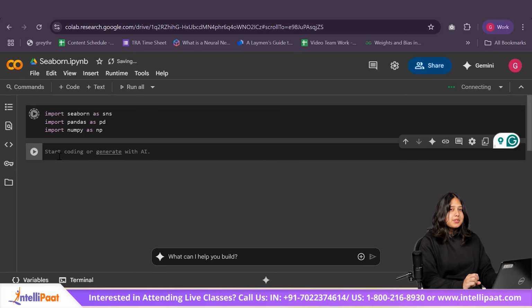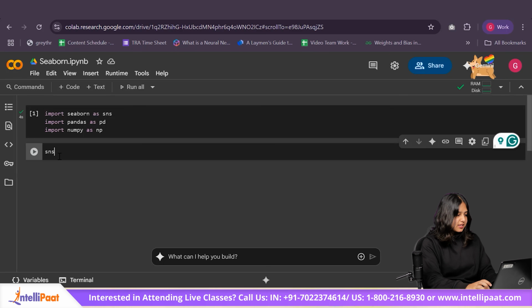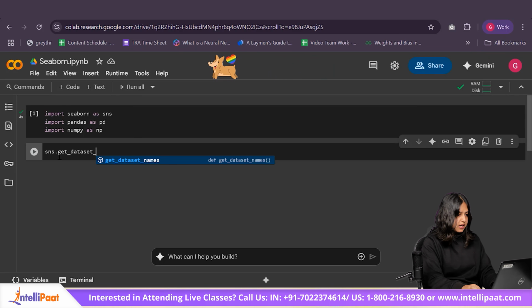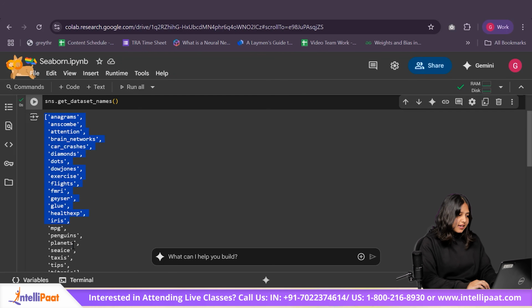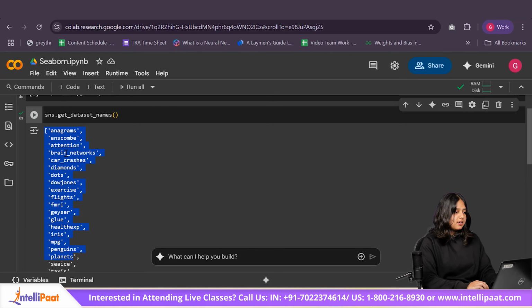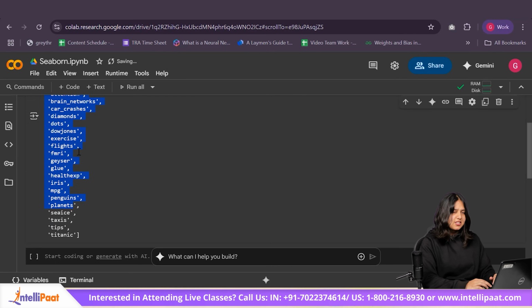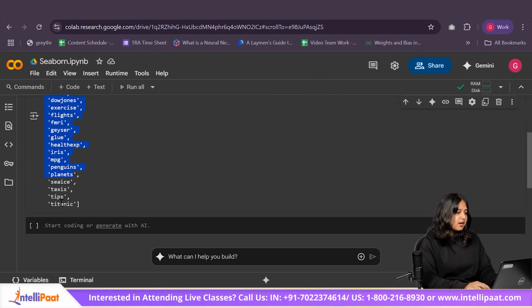Now, one thing that I absolutely love about Seaborn is that it's got a number of inbuilt datasets. What I mean by that, let me quickly show you guys. So all you have to do is say sns.get_dataset_names, and if you just run it, you get a list of all the datasets that come within Seaborn, right? You can go ahead and load these datasets and just take a look at what's stored inside these. But I'm going to go ahead with the penguins dataset because I'm obsessed with penguins.